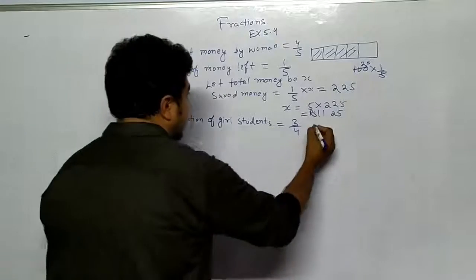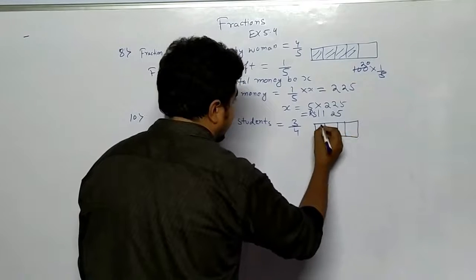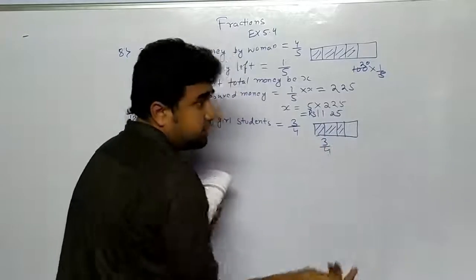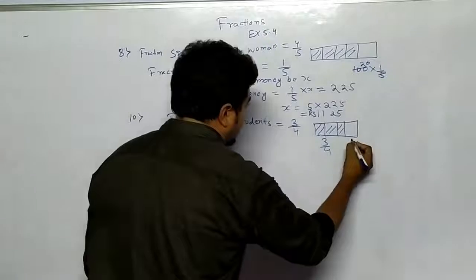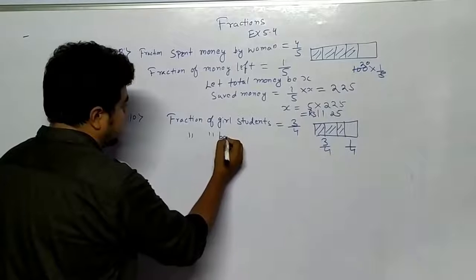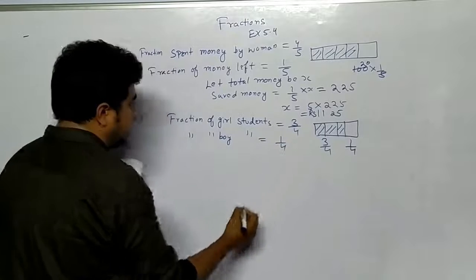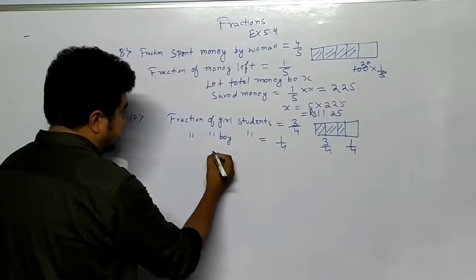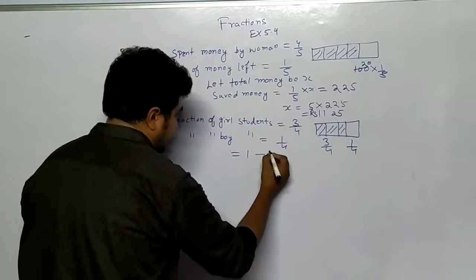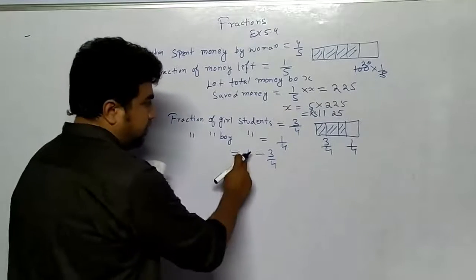That way also you can understand, the denominator here is 4. 3 parts are girls. 3 by 4 means 1 by 4 is boys. The unshaded part is 1 out of 4, the boys. Means you can write the fraction of boy students is 1 by 4, or you can calculate it also. From 1 as the total, you have to subtract 3 by 4. If you are subtracting the girl students from the total, which is 4 by 4.